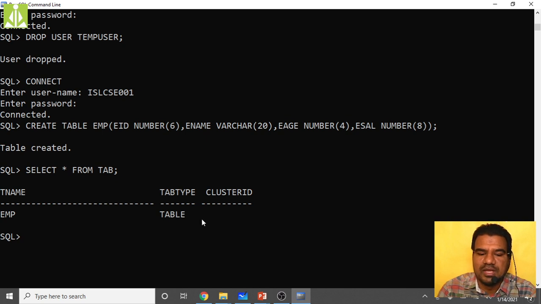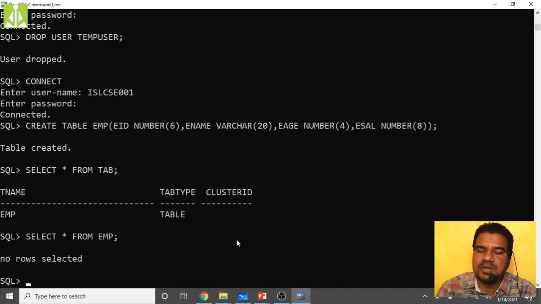Table type, table only, it is showing. Okay, so like this, employee table, it is created. I mean, inside this table, what rows we have, what records we have, that to see. See, select, generally we have to type like this, select star. Star means all, select everything.